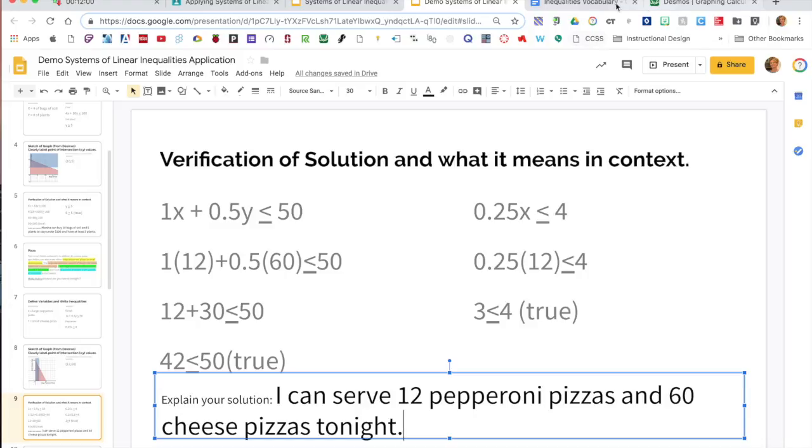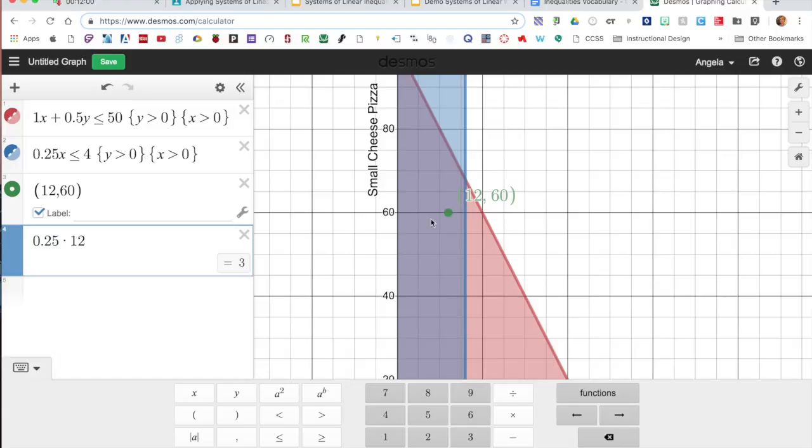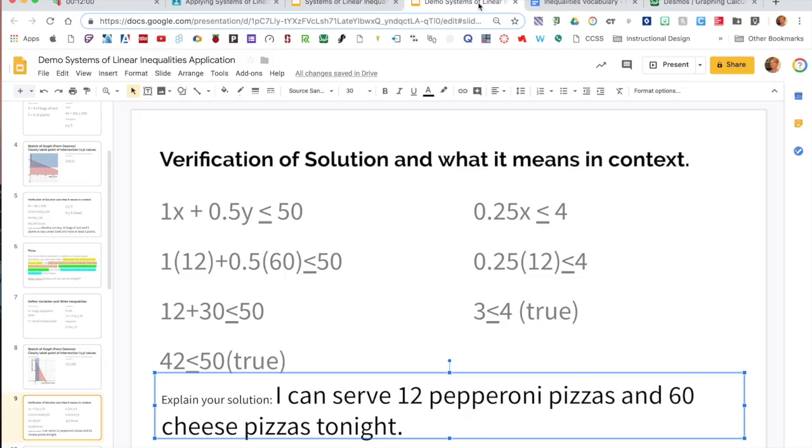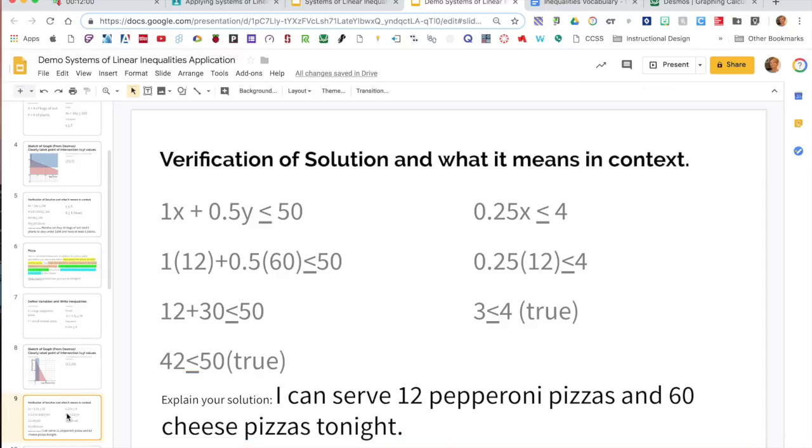Now, your solution might be different. You can come up with lots of different points that are inside of that shaded area, and so there could be any number. We could even do it so we have 40 and something. The limitation here, of course, is the number of pepperonis, which means that the most we can make are 12 pepperoni pizzas. Or actually not 12, but whatever our line was, it's going to be up to 16 probably. Okay? So you're going to use these same steps to solve the other ones,